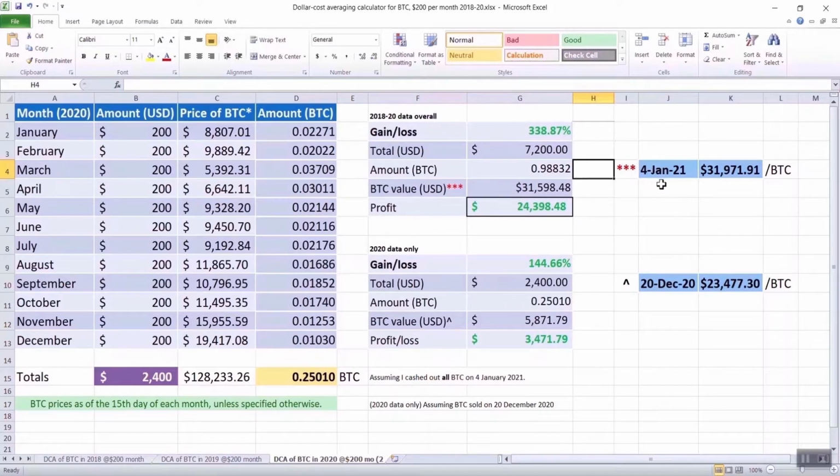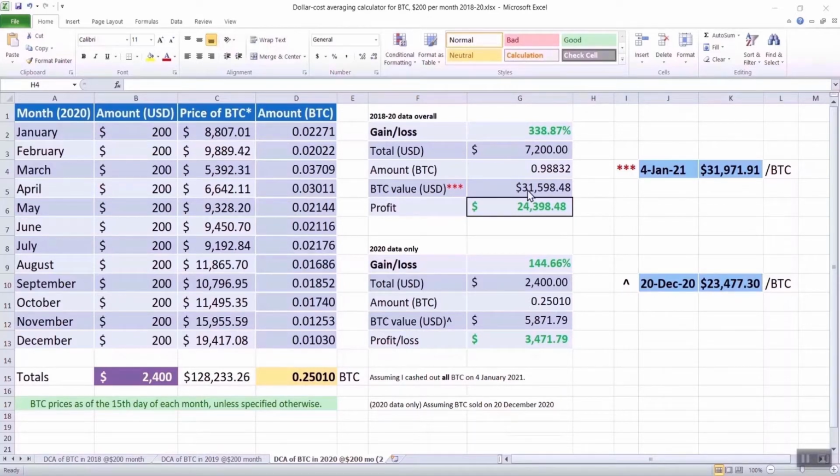And how I've done this, just for those not looking at the screen, I've gone in with the assumption that after you did your 36 installments, a couple of weeks later on the 4th of January, I took the closing Bitcoin price was just shy of $32,000 per BTC. So I got the total amount of Bitcoin purchased over the 3 years, just under one whole Bitcoin, and that's how I get the profit. So overall, that's a good performance.